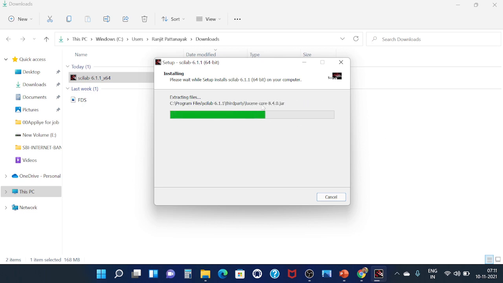All the files are installing in our system, so with patience you have to wait. As per your net speed and your system speed, the installation time may vary, but you have to wait up to the end of your installation.